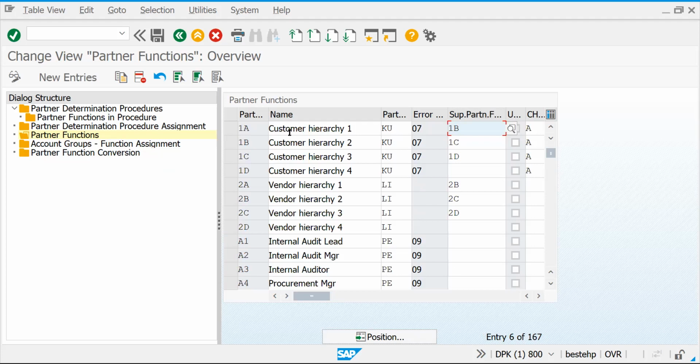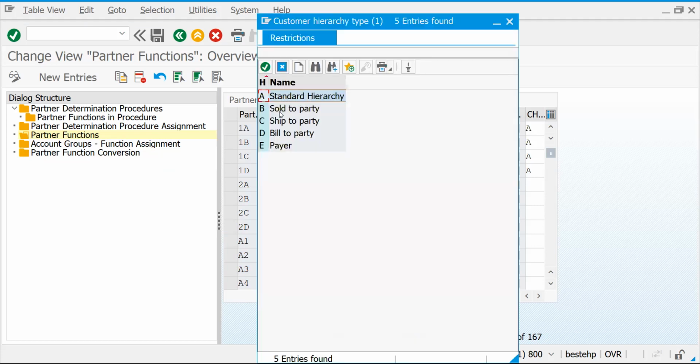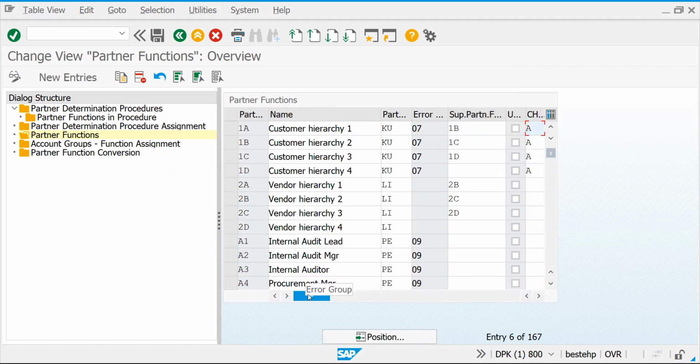See, customer hierarchy. There is one concept called customer hierarchy that we will discuss later. So this is at hierarchy level. First you try to understand the basic level. Let's see what is this hierarchy code. Let's click on F4. You see, under this hierarchy you are going to have sold to party, like on top of the hierarchy these partners will be created. Let's keep it aside. So there is something called unique.